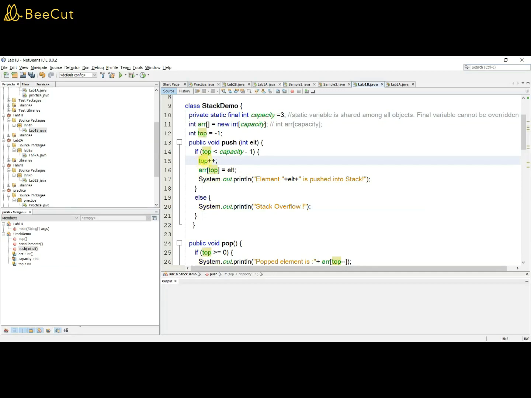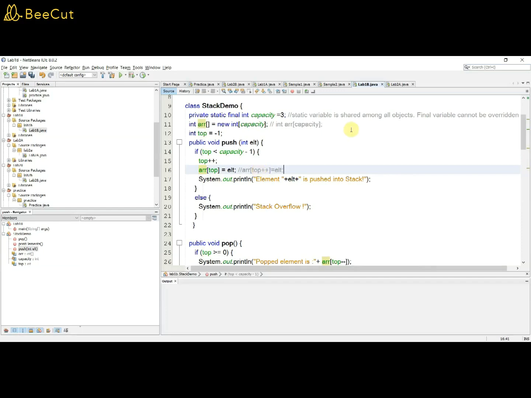First you need to increment top and then assign the element to the index top for the array arr. So ++top, arr[top] = element. Alternatively, these two statements can be combined like this: arr[++top] = element.